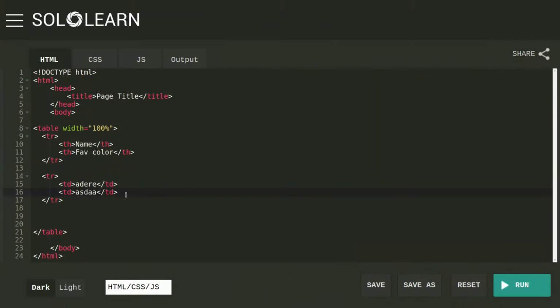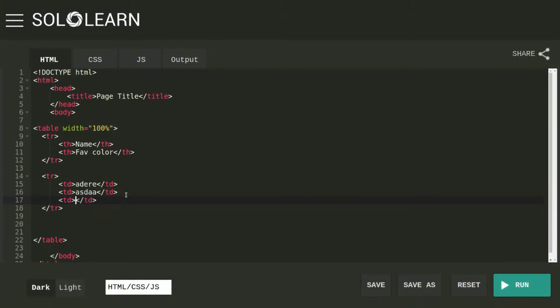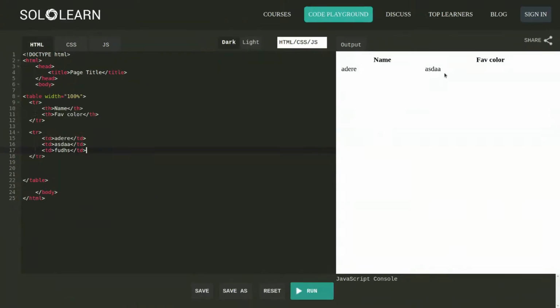So what do you guys think will happen if I go like this? I add another row and I type in more gibberish. So what do you guys think will happen? Because honestly, it makes sense to guess what you think is going to happen. This is just for fun. Another row. Well, it'd be weird if it created another row because we didn't define